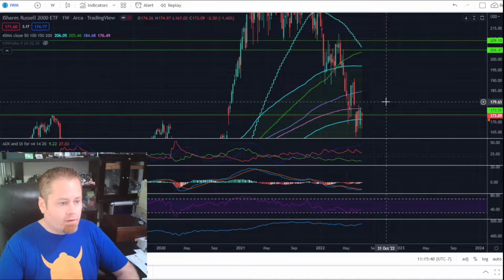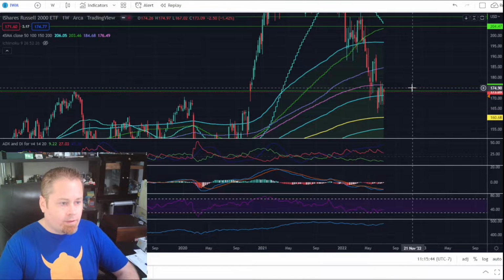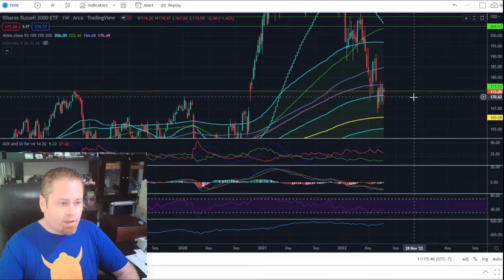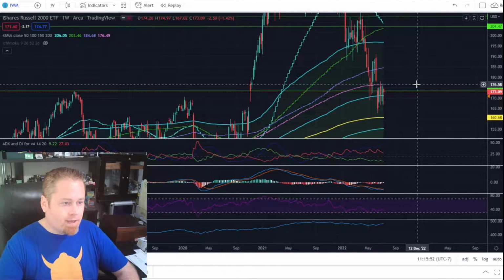We got a bit of a bounce off of that, but now we're just kind of chopping around sideways right around this level. At certain weeks we get above it briefly, then the next week it seems to fall back down, and so there seems to be a lot of indecision in the small caps, a lot of choppy sideways action. And the small caps oftentimes lead the market, and so I think once we see a definitive move in either direction on the Russell 2000,